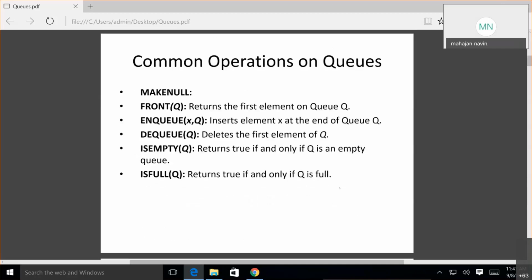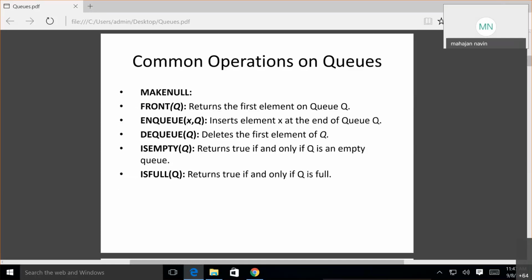What are the common operations of queues? Make null means making the queue completely empty. Front of queue returns the first element of the queue. NQ inserts an element in the queue, from the rear end. DQ deletes the first element of the queue, removing it from the front.